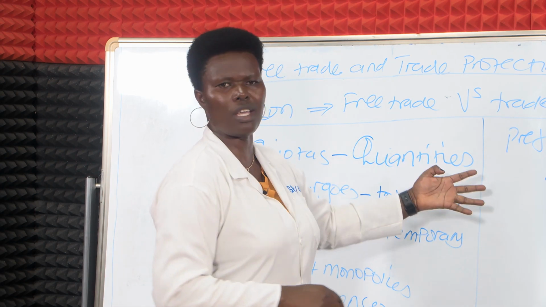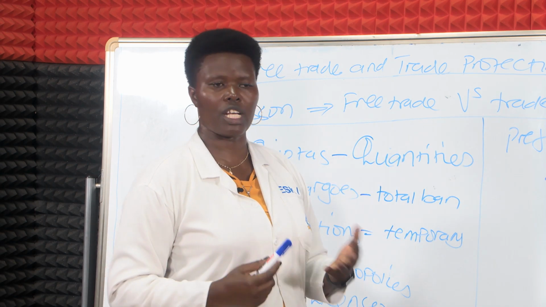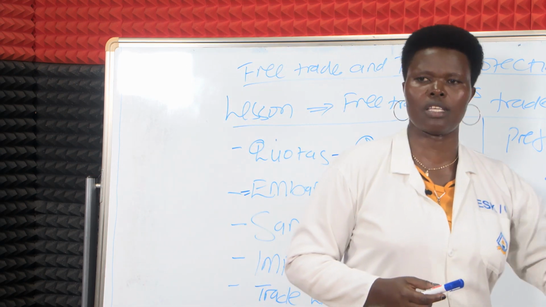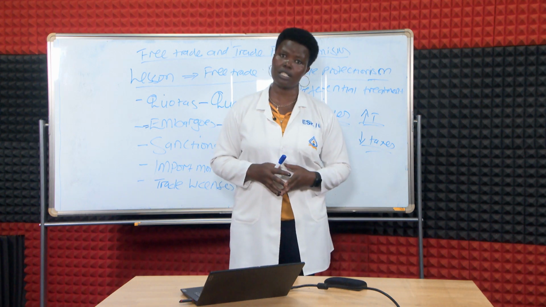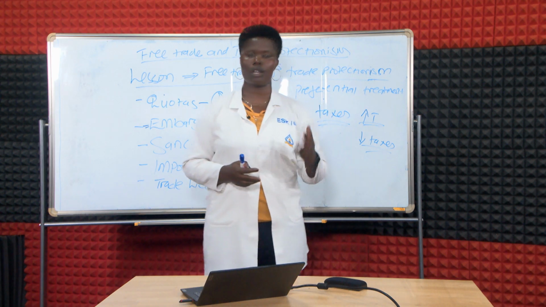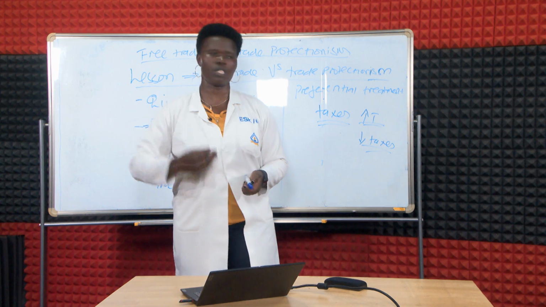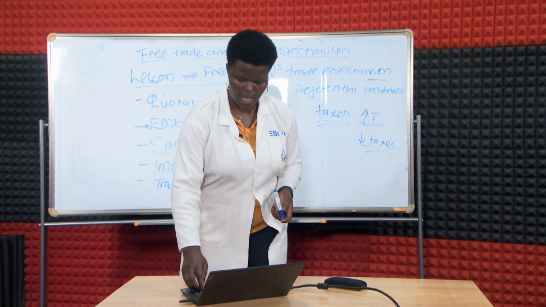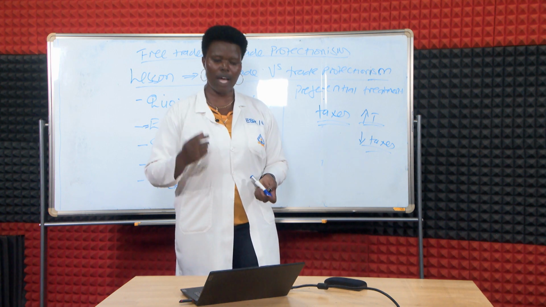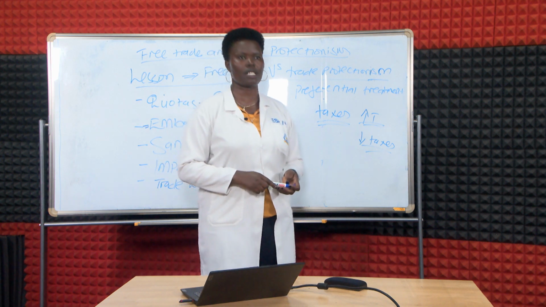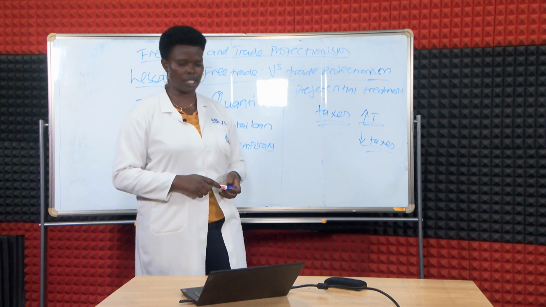Now, why do we apply all this? For example, it is to let the domestic industries grow. It is also to safeguard the lives of the citizens in case such commodities are dangerous. It is also to promote relationship between different countries. And if we go ahead now and explain the advantages and disadvantages of trade protectionism,